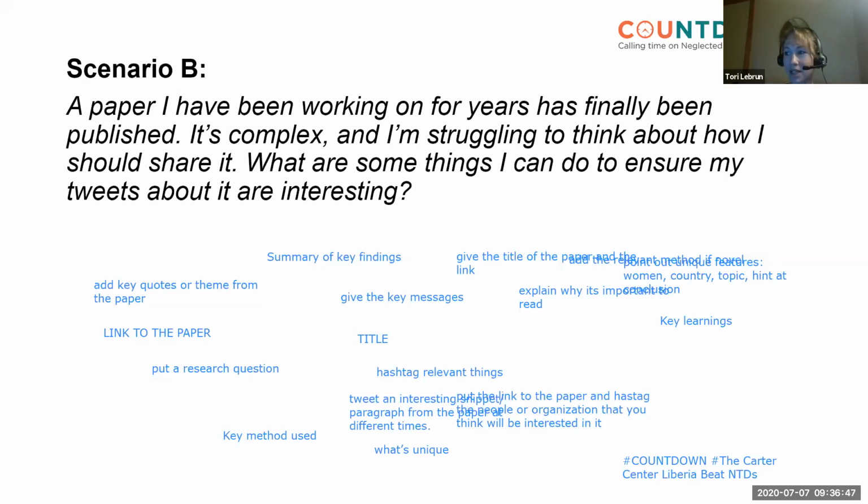And I would also just add, use figures if possible from your paper, especially if you have some that are a little bit on the simpler side. Those usually lend themselves well to Twitter. But even if you have one that's complex, you can be creative and find a way to describe the most important thing about it. Definitely, it's a great idea to share either an image or a figure directly from your paper. But if you have images from the field, those are good to use as well. Next slide, please.